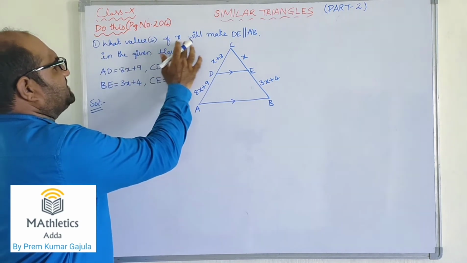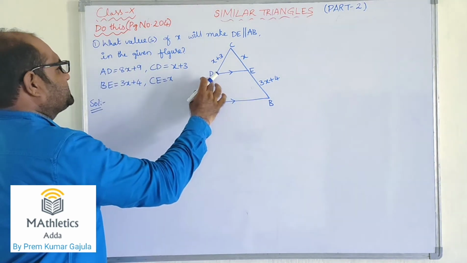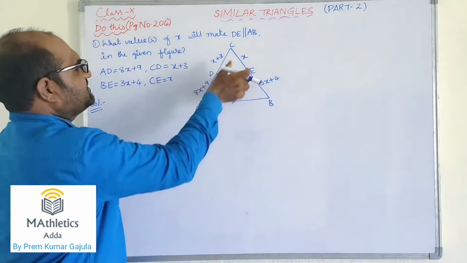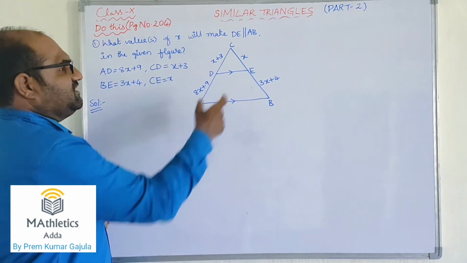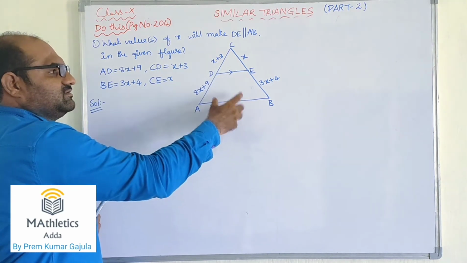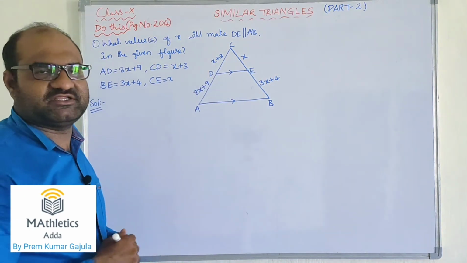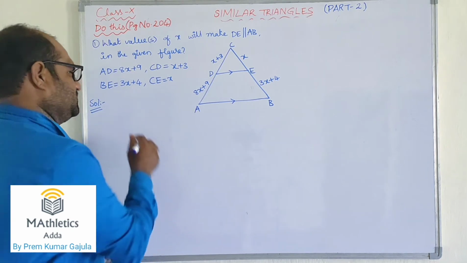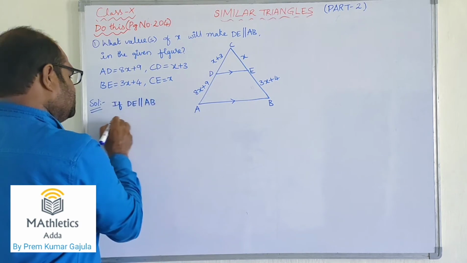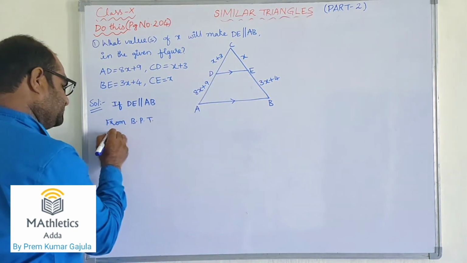What value or values of x will make DE parallel to BC in the given figure? AD is given as 8x plus 9. CD is given as x plus 3. BE is given as 3x plus 4. And CE is given as x. Okay. So now if this is parallel to this, that means a side drawn parallel to the third side of a triangle, then it compulsorily divides the first and second sides in the same ratio according to BPT theorem. Now we are going to apply the same BPT theorem. Okay. So if DE is parallel to AB, then from BPT, that is basic proportionality theorem, CD by